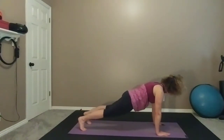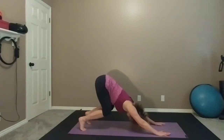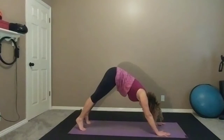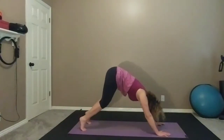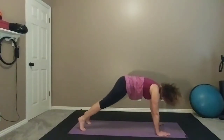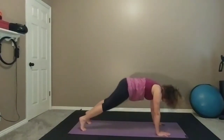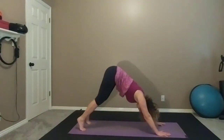Flow through that, lift the hips into a pike. Pull back into a squat. Hips up high. Go forward to plank. Two more times. Hips up. Sit back, squat. Center and down. Hips up, squat back. Now we're going to get rid of the pike in the middle and go from the